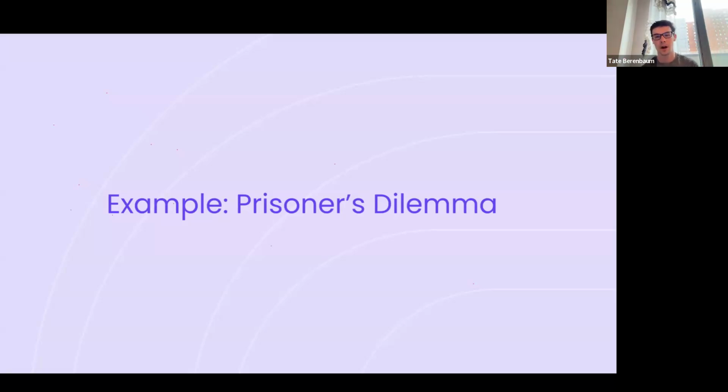Now, the interesting thing about this dilemma is that each prisoner has an incentive to testify against the other. The dominant strategy to win the game becomes testifying against the other person. The problem with this, however, is that both prisoners are now incentivized to essentially talk against one another, to claim that the other person was responsible for that crime. And the interesting result of this game is that if that dominant strategy plays out, both prisoners actually end up receiving a prison sentence, because they're both guilty of a crime that they're both attesting each other did.